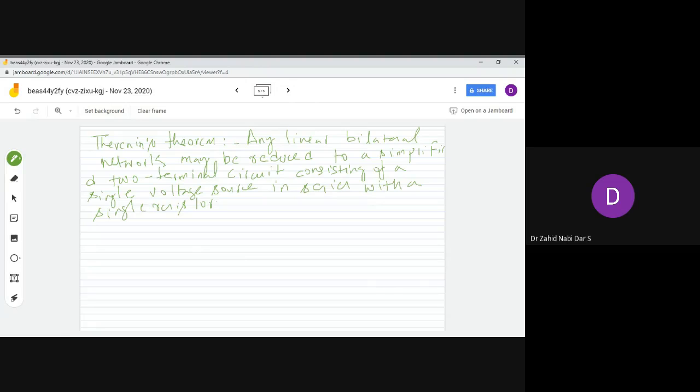Suppose you have a network that is connected and has a certain load. Let's suppose we have a network like this, which has 20 volts. This is my resistance, and this is a dependent current source, let this be 2 amperes, and here there is a load. This is the load RL, 16 ohms. To apply the Thevenin theorem there are steps. So step number one would be here.